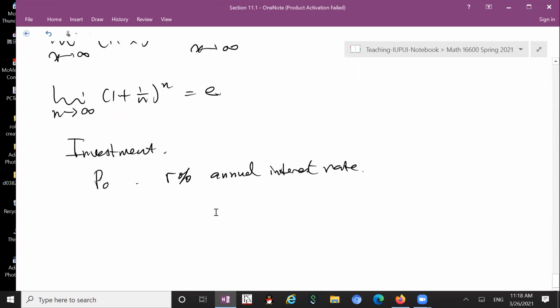Then in T years, the interest will compound monthly. Compound monthly. Then in T years, the balance will be as follows. Compound monthly. So I is